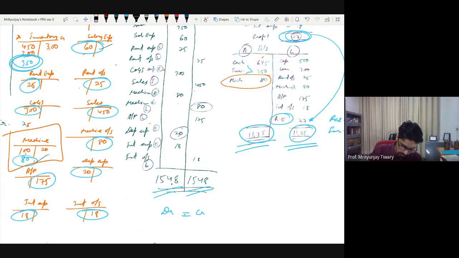Okay, so this one has 1 lakh of, sorry, I think I keep slipping from crore to lakh, so you ignore the joke. Let's say a machine of 1 crore was bought, and 20 lakh is depreciated. When you buy a machine, it gets debited. When you consume it, it gets credited, and that's how you have 80 left. And this 80 is what is getting reflected here.